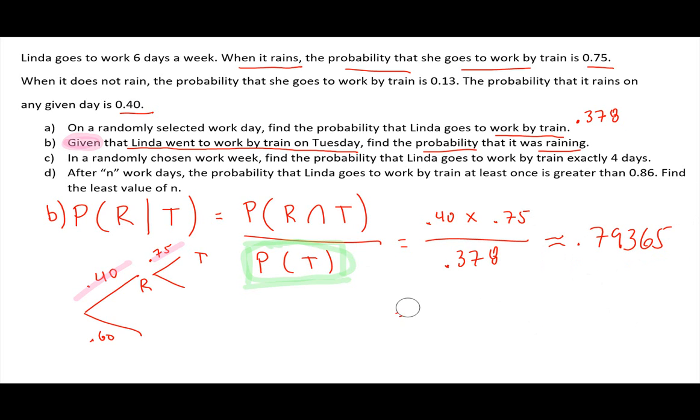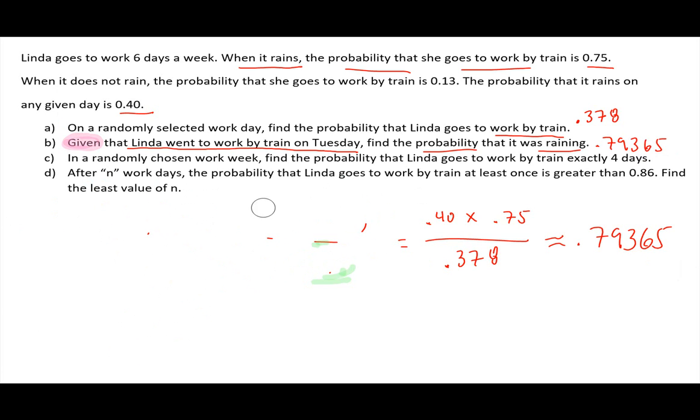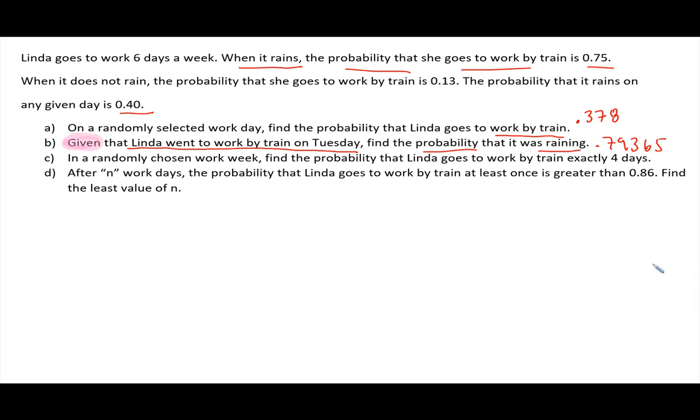All right, so that was part B, and we've got 0.79365. Okay, and then let's take a look at part C. Let me erase this real quick. So part C, it says, in a randomly chosen work week, find the probability that Linda goes to work by